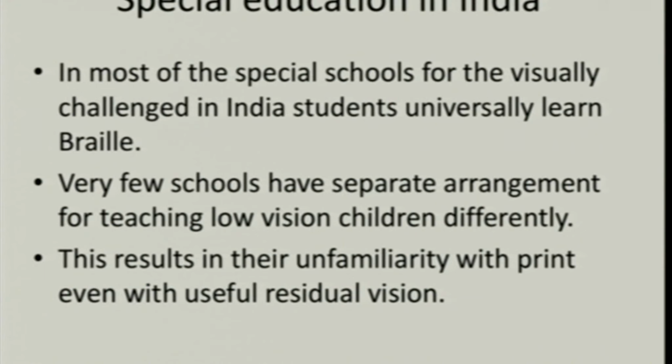So I remember, my wife's specialty is low vision. I remember one child. I got that child in a camp, and we did cataract surgery, bilateral cataract, and that child had recovered a good amount of vision, useful vision, but she was admitted in a school for the blind and she was reading Braille. I remember her name was Uma. So when she came to the clinic for low vision assessment, my wife was saying that we could improve Uma's vision up to N8, but her reading speed is so slow,